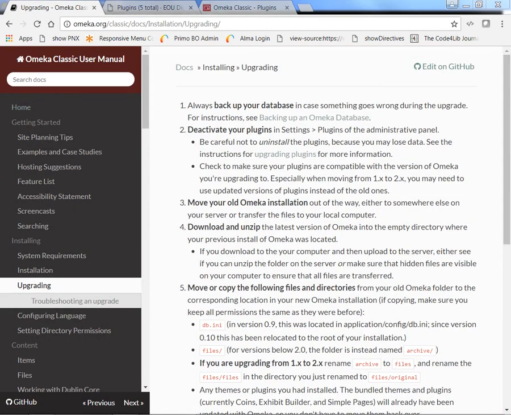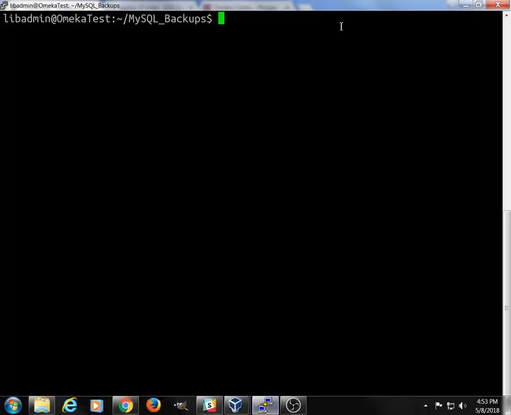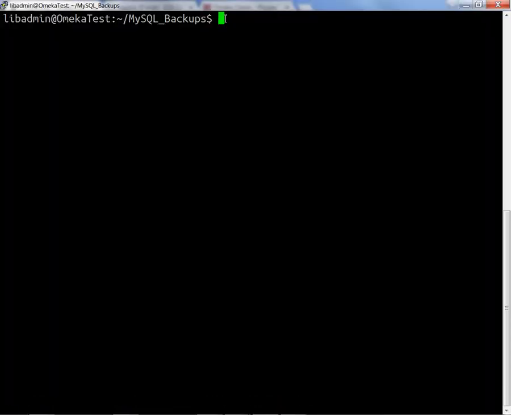So now we're on step 3. Move your old Omeka installation out of the way. And this part can be tricky, and if you don't run the right commands, you could lose everything. So what we're going to do actually is we're going to do